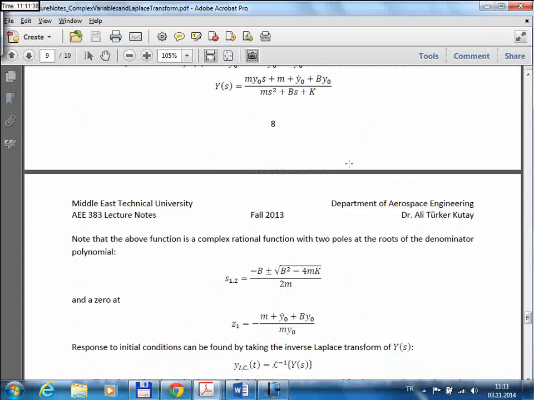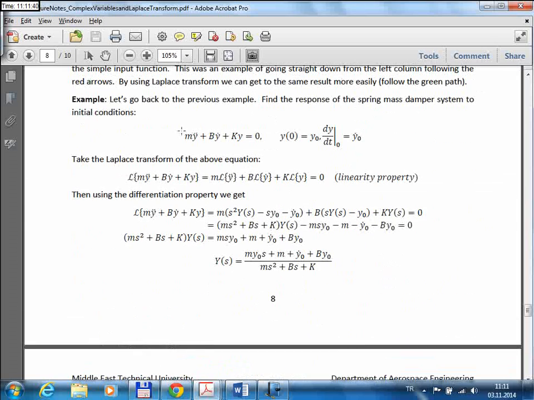But if you assume that the initial conditions are 0, then you take the transformation of this equation, right? If you take the transformation of this equation with these initial conditions, this is what you get. If you take the transformation of this without the initial conditions, then all these terms will just disappear. And if you didn't have any input, then you would get